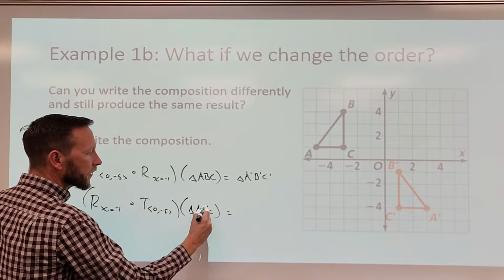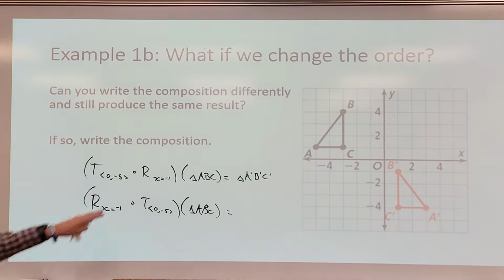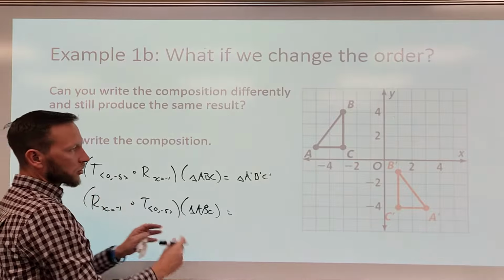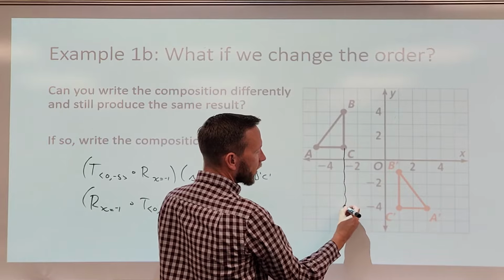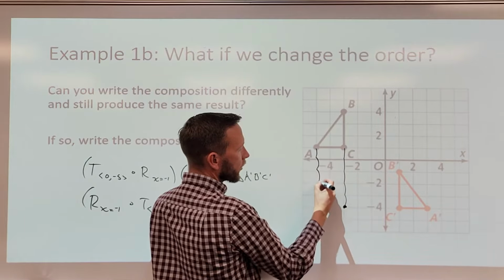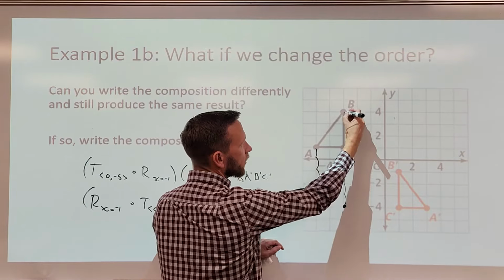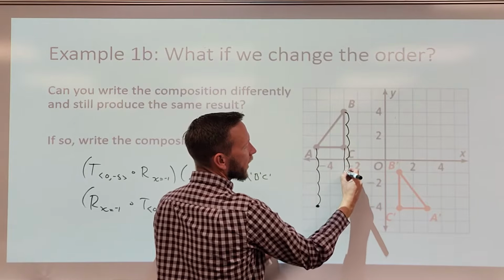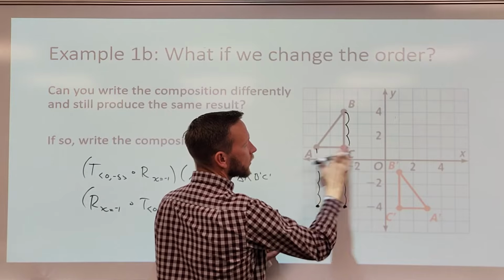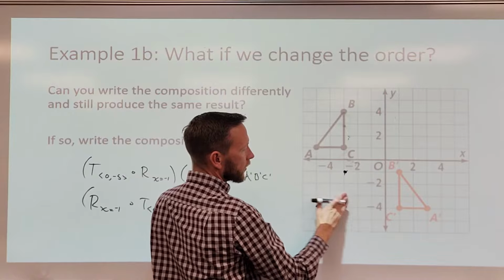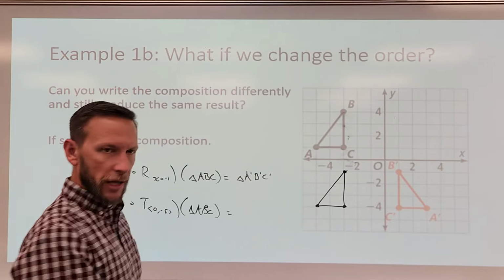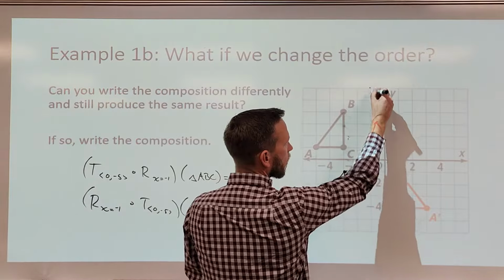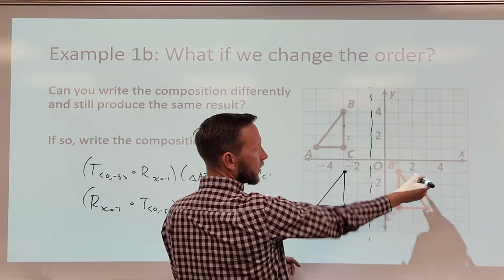And let's see if it gives us that same result. So let's start by working this from the inside out. We're going to translate it down 1, 2, 3, 4, 5. And so that gives me this triangle, which then I can reflect over that same line,